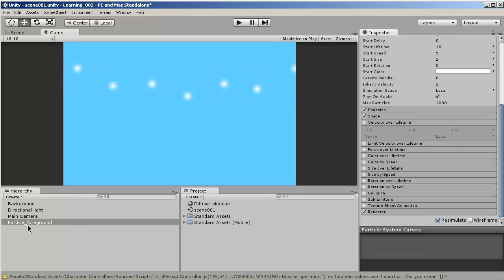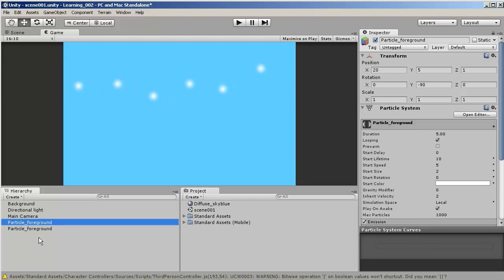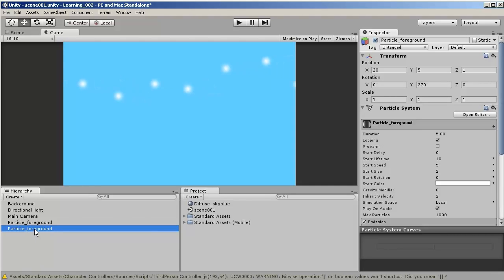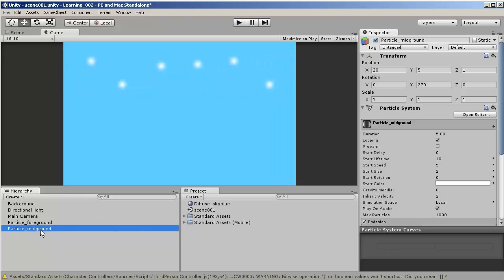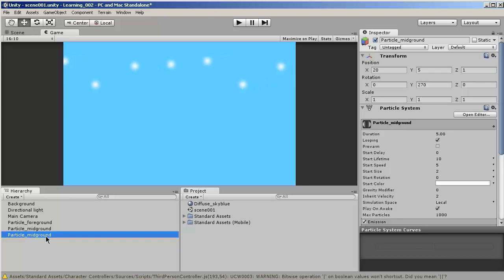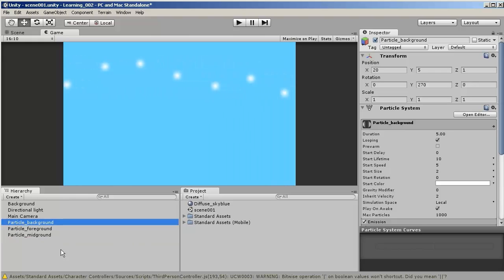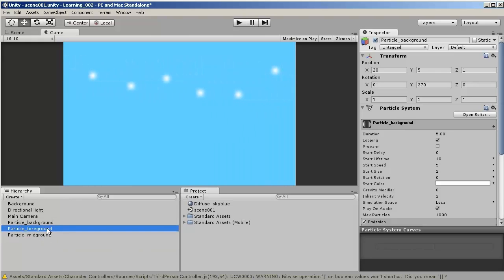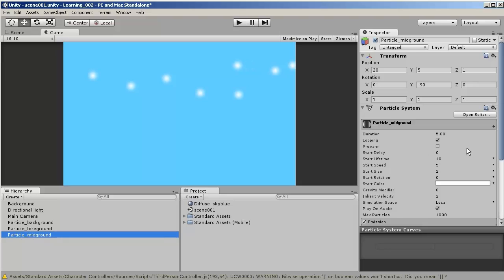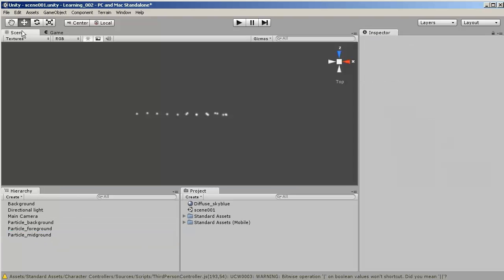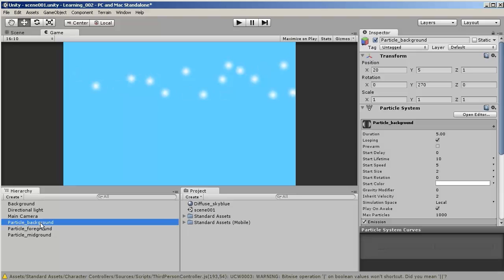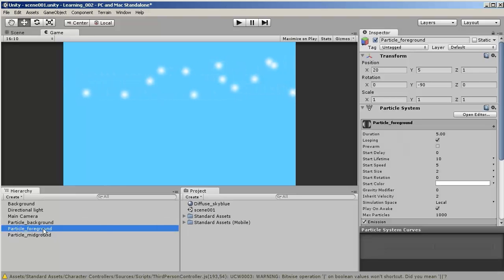Okay, so now can we duplicate these? Duplicate. So we call the second one midground, and then we call the last one background. Right? So midground. Wait, what? Oh, they stop simulating when you stop clicking on them. Okay. So there's the foreground,